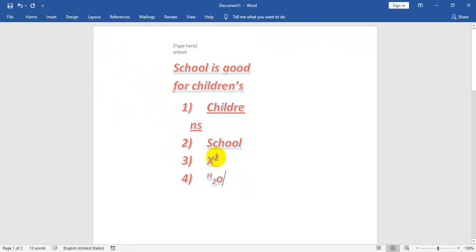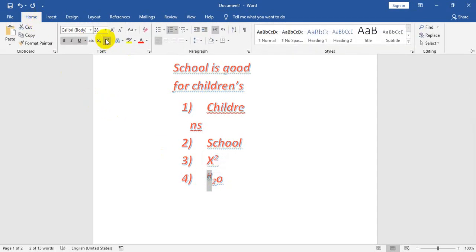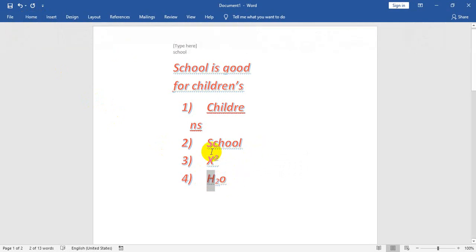In this way you can use subscript and superscript. H2O. So this is called subscript and superscript.